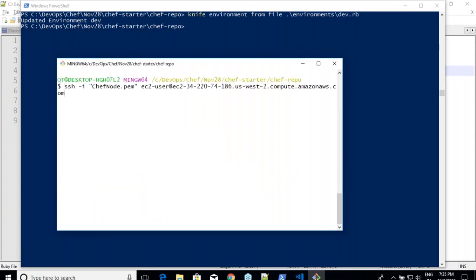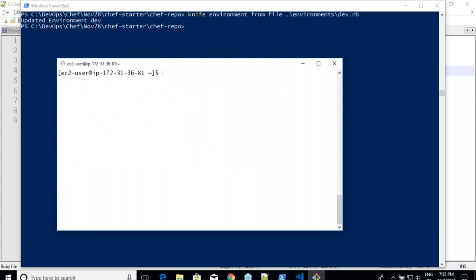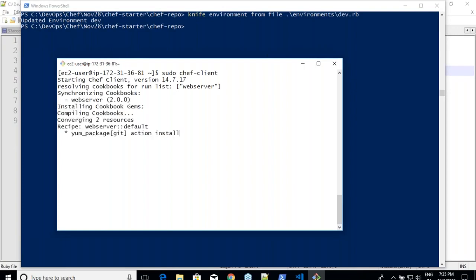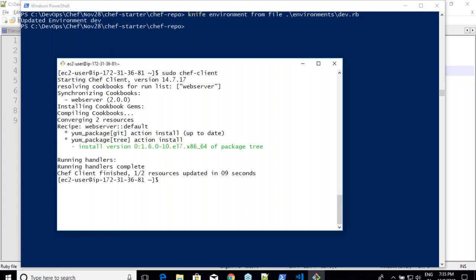Let me get into the other machine and execute sudo chef-client. Did you get 2.0.0 here? Yeah. The change which you have done is impacting only the dev environments.